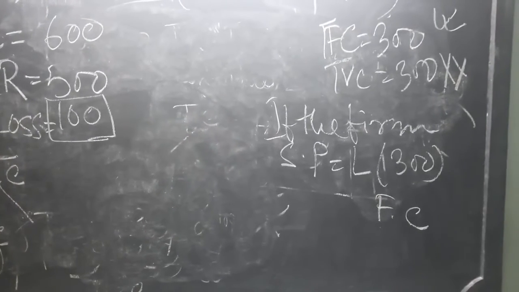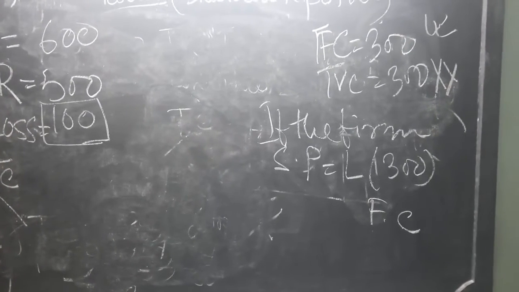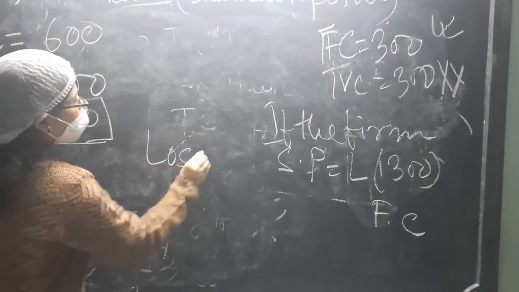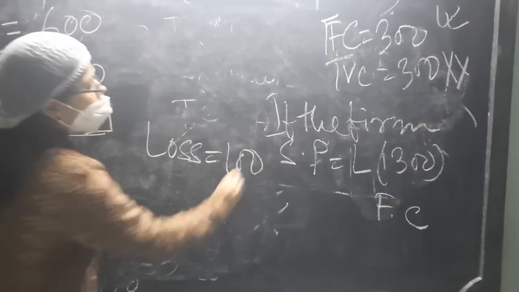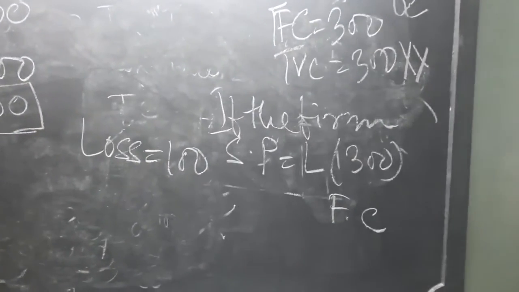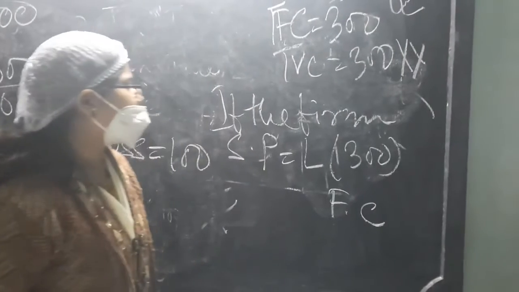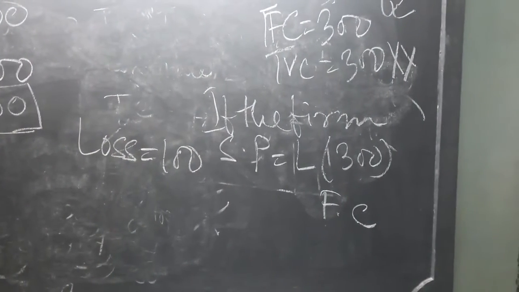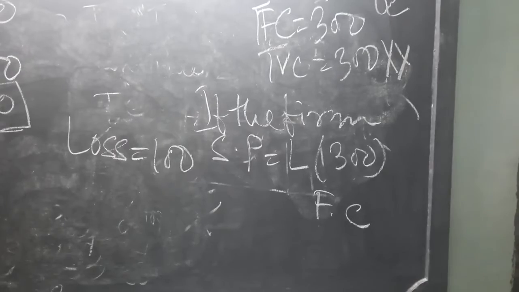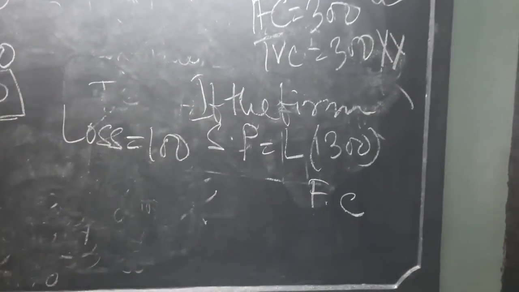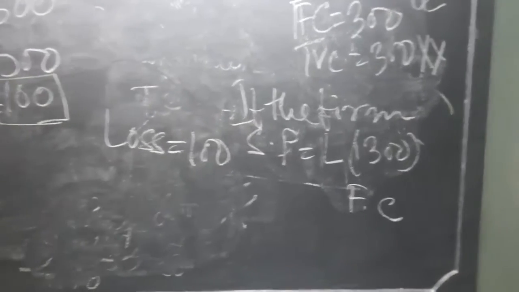Why? Because if the firm continues the production, the firm's loss is only 100. Now, if the firm stops the production, what will happen? The firm's total loss will be 300, because the firm has to bear the 300 expenditure. So better the 100 I will